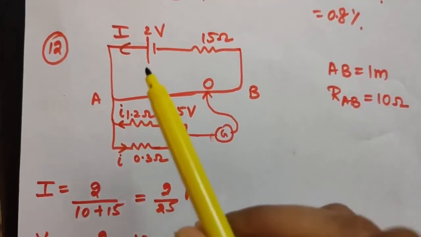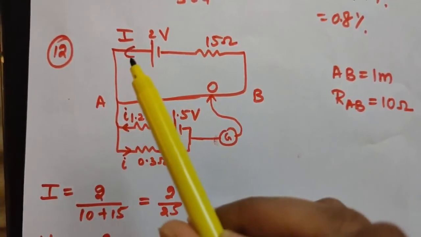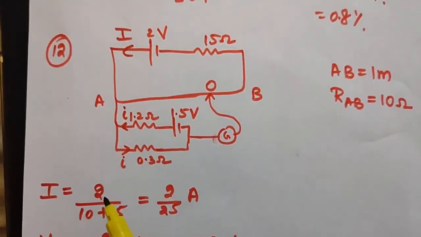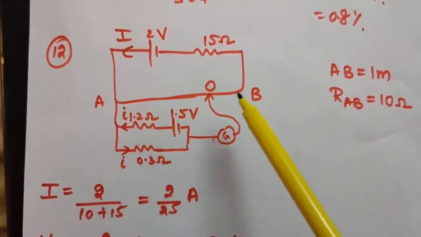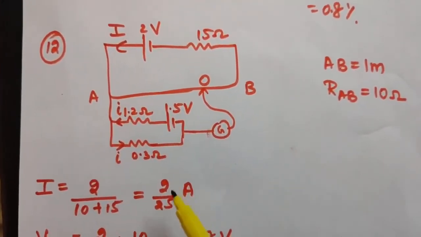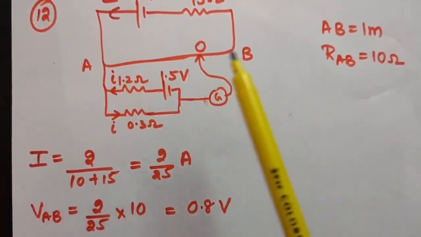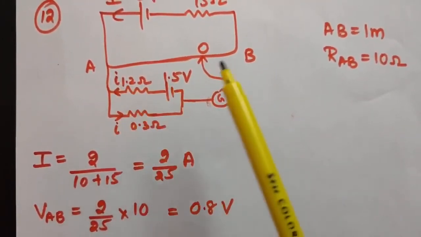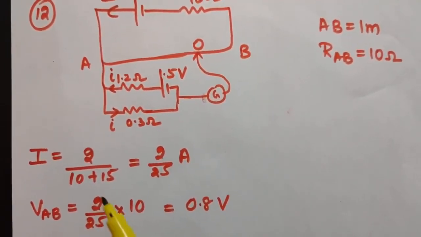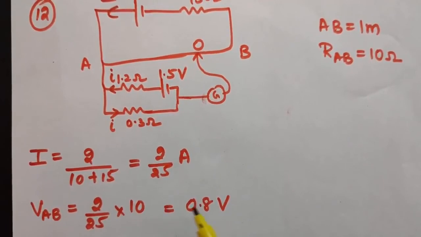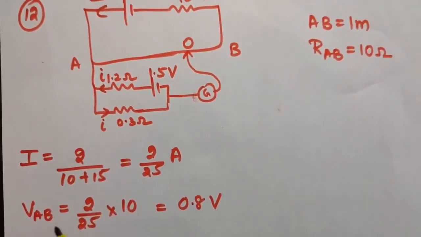Okay. So first of all, to calculate potential gradient along wire, let us calculate this current I. So I will be V, that is 2, upon total resistance, that is 15, and its resistance is given to be 10. So 15 plus 10, that will be 2 by 25 amperes. So now if you know the current through this wire, you can calculate potential drop of AB. So V of AB is equal to I into R, that is 10 ohm. So this will be 0.8 volt. So remember, this is not potential gradient, this is just the potential.